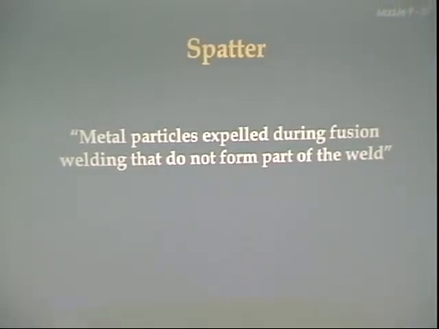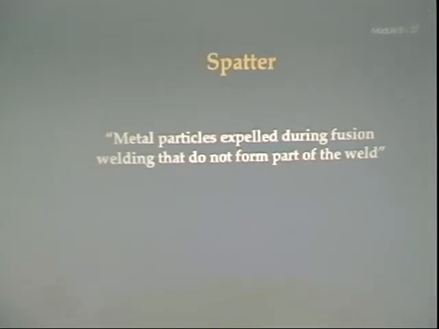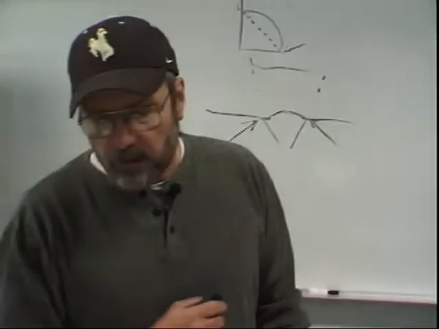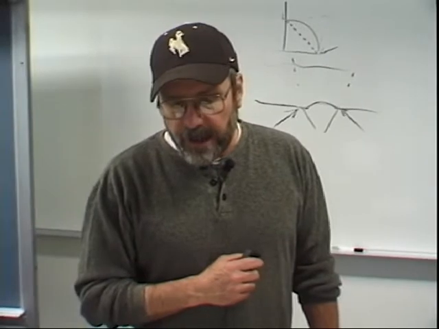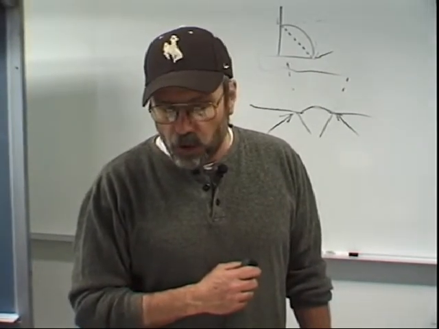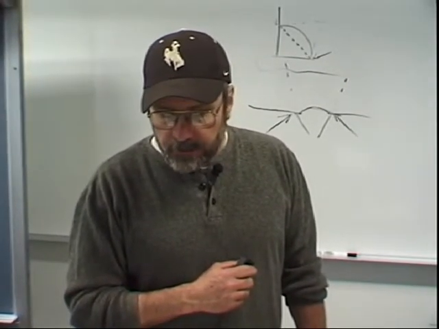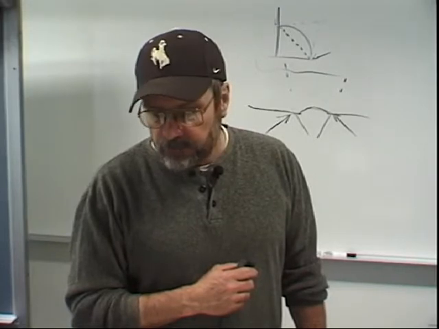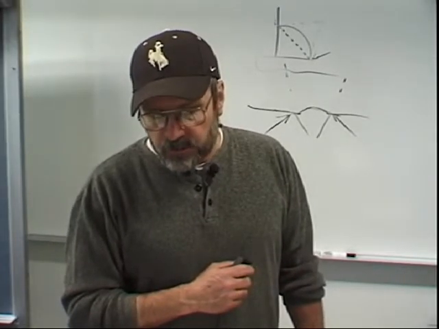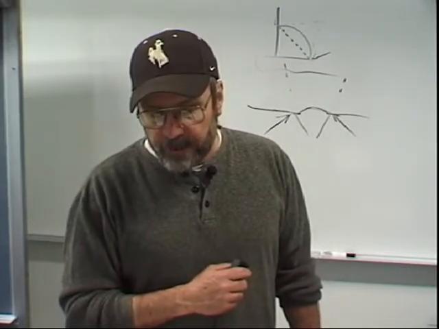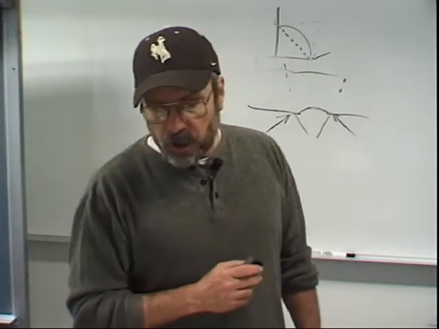Read about that. Then over on page 921, highlight about the first half of that paragraph where it reads, in terms of criticality, spatter may not be a great concern in many applications. However, large globules of spatter may have sufficient heat to cause a localized heat-affected zone on the base metal surface similar to the effect of an arc strike. Also, the presence of spatter on the base metal surface could provide a local stress riser which could cause problems